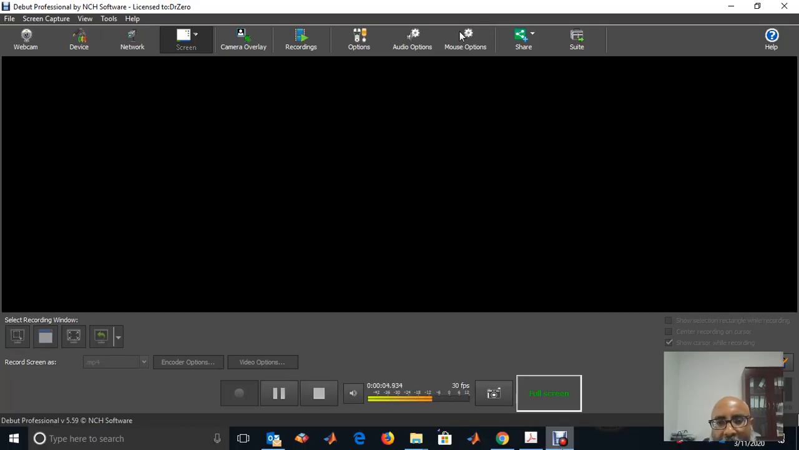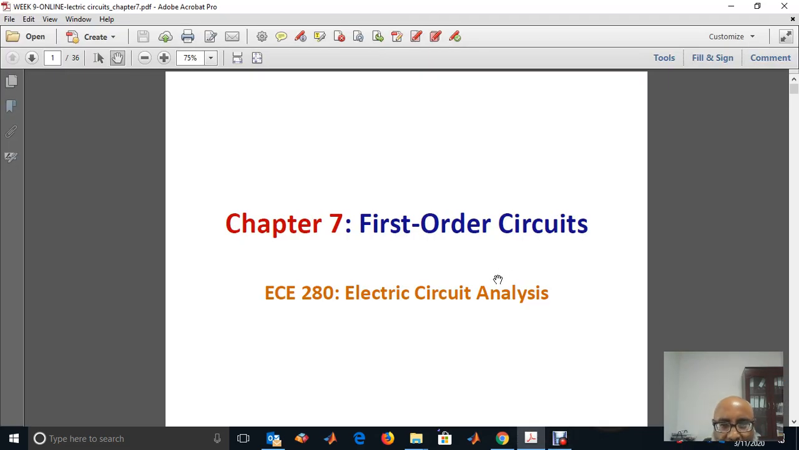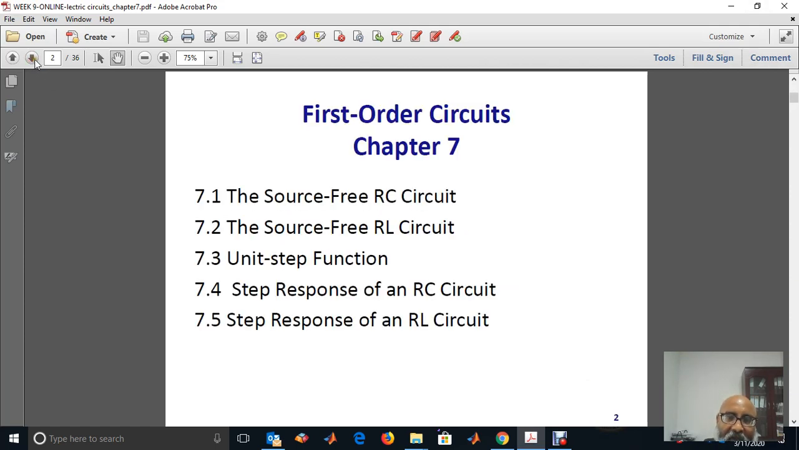Good afternoon, students. In this chapter, we will discuss and study first order circuits. First order circuits are circuits described by a first order differential equation. We have the RC circuit, where there is a resistor and capacitor, and the RL circuit, where there is a resistor and inductor in series. And we have the RLC circuit, which is a second order differential equation, which we will study in the